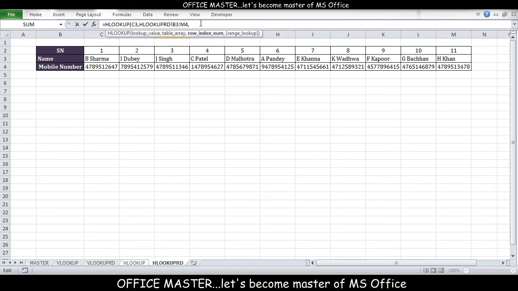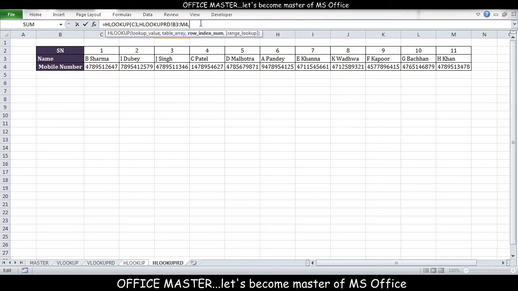Now here we need to give the row index number. Earlier in VLOOKUP we were giving the column index number. Now in HLOOKUP we need to define the row index number. How will we get our row index number? The first row of our table array will be row number 1, having row index number 1, and the next row will have row index number 2.